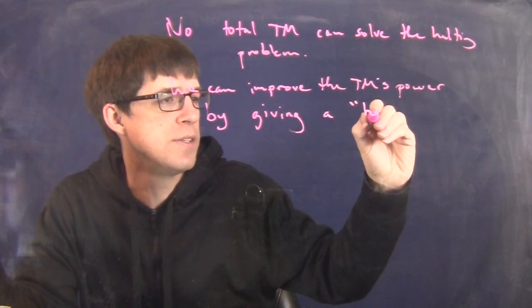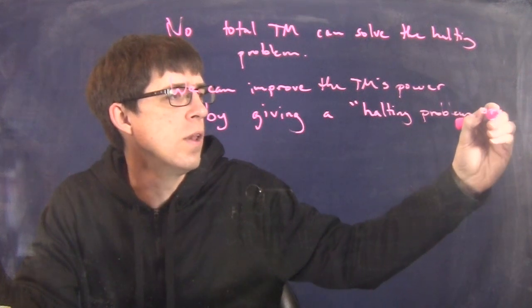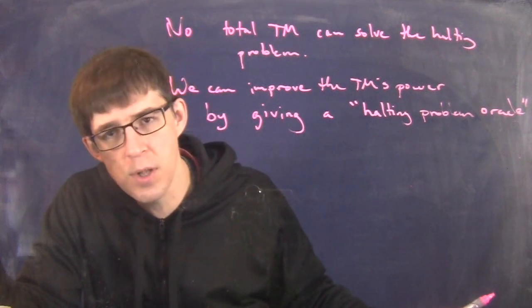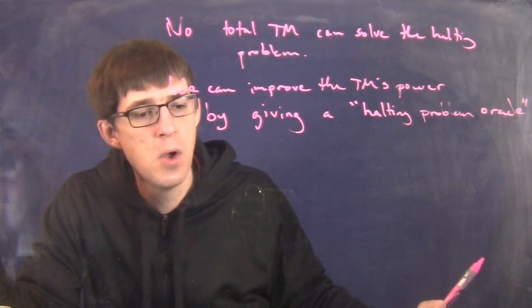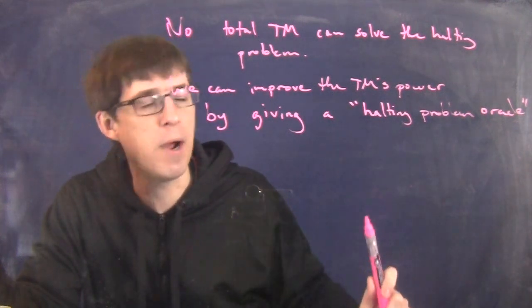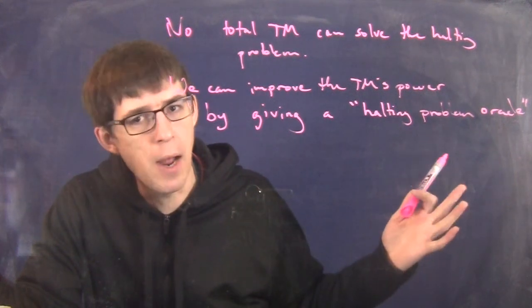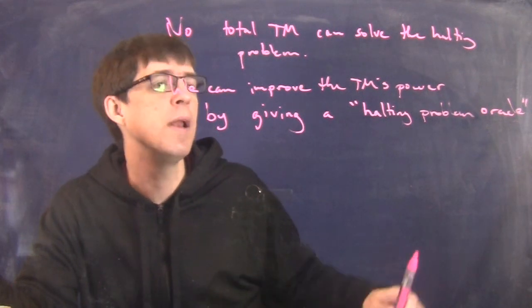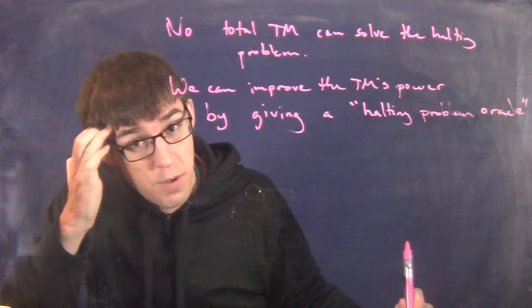This is referred to as a halting problem oracle. This is the real word that people use when they talk about this. A halting problem oracle. These are sometimes called oracle machines or oracle Turing machines. That is, it is a Turing machine which obeys all the same rules about how the head moves, but it has one extra superpower. It can, whenever it wants to, solve a halting problem. I'm not going to tell you how it does that, because in the real physical world that's impossible. But this is a purely theoretical idea. What if there was a Turing machine which could also solve the halting problem?